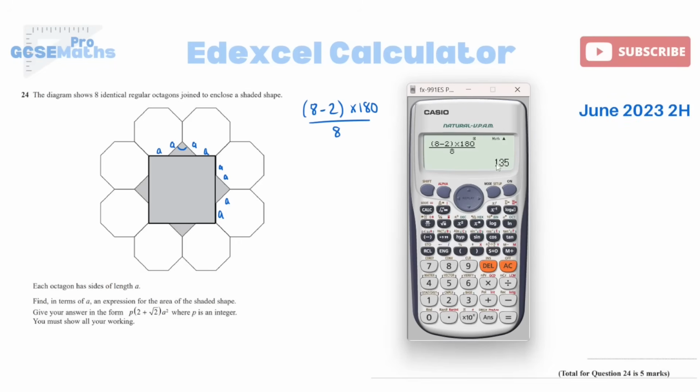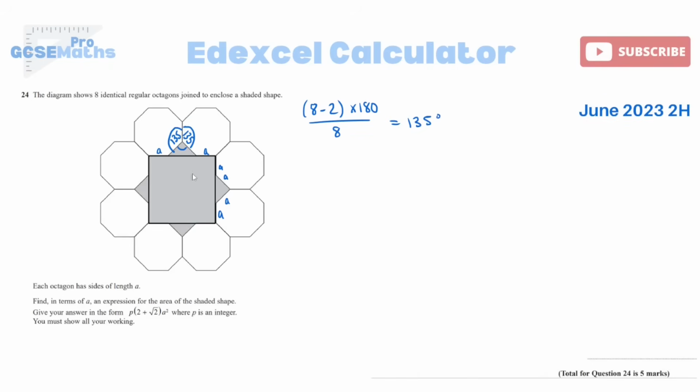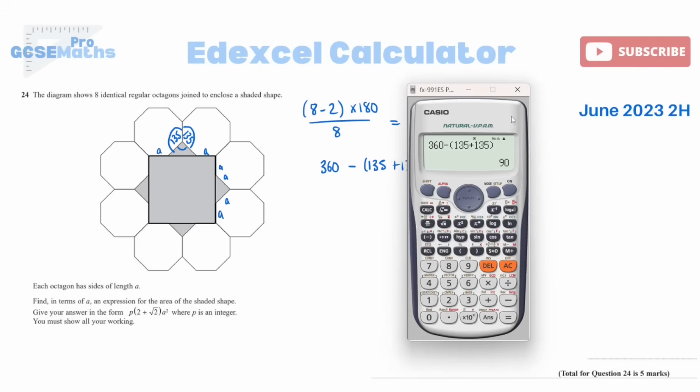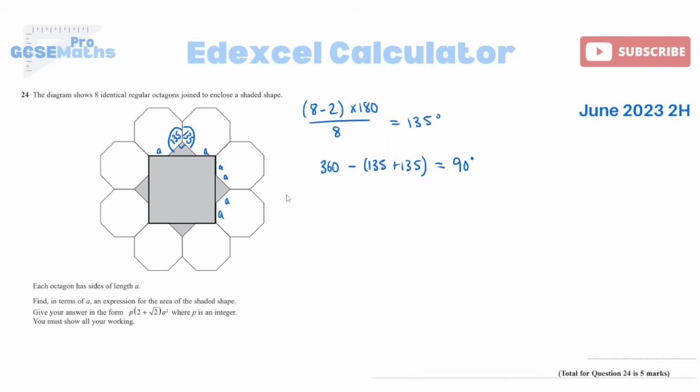So as you can see, each angle inside the octagon is 135 degrees. And I could work out the angle inside the triangle because I've got angles around a point. So 360, subtract both of the 135s, just leaves me with 90. So actually, what we could do with this triangle then is the fact that it's a right-angled triangle means that